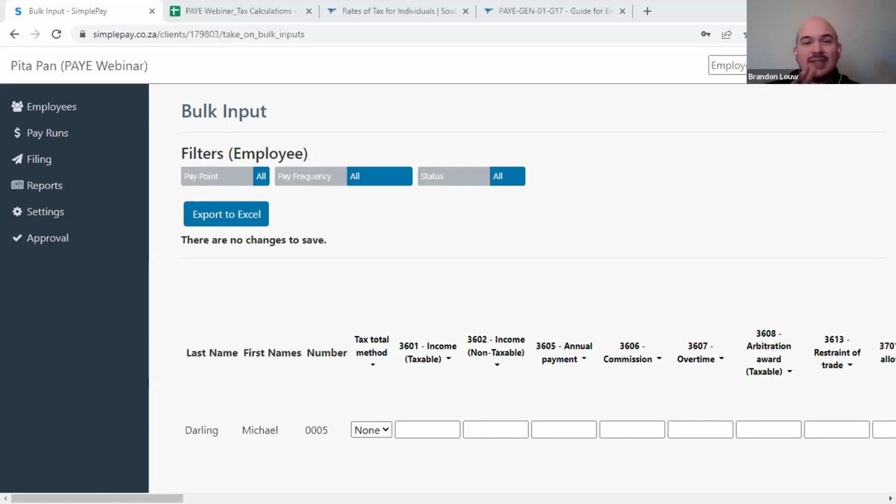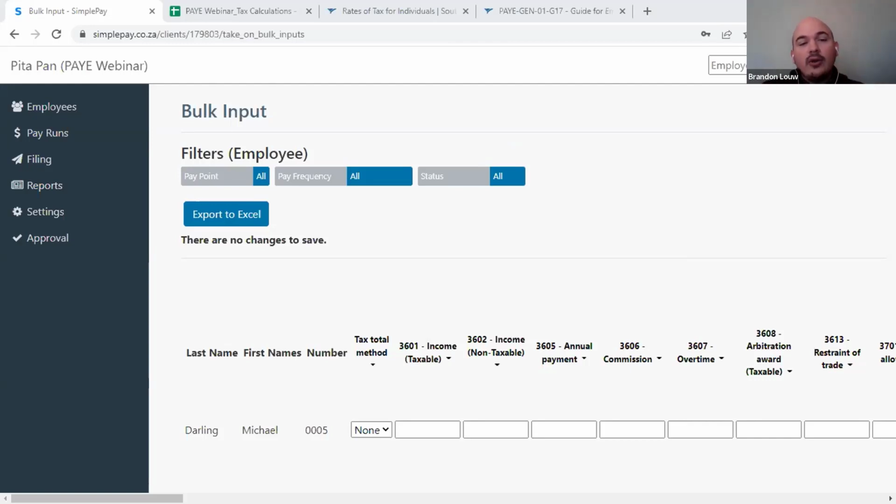So it's interesting to see the split there. The 72% of the participants are correct. We do use the cumulative tax method. And essentially what the difference is that the cumulative tax method takes into account all of the earnings that the employee has earned, for lack of a better word, during the course of the year when calculating PAYE, whereas the